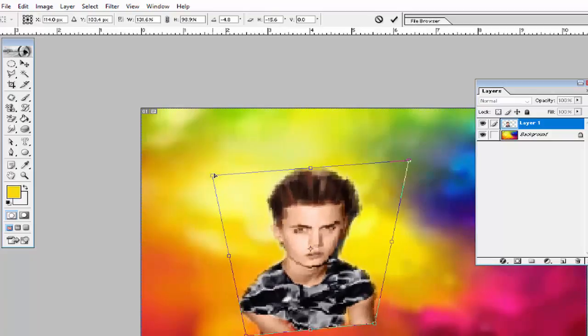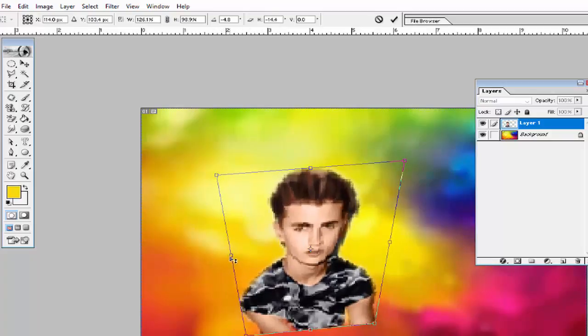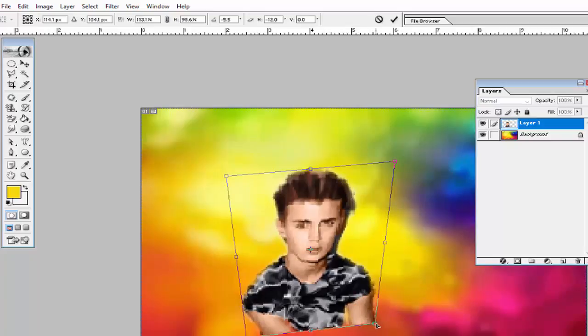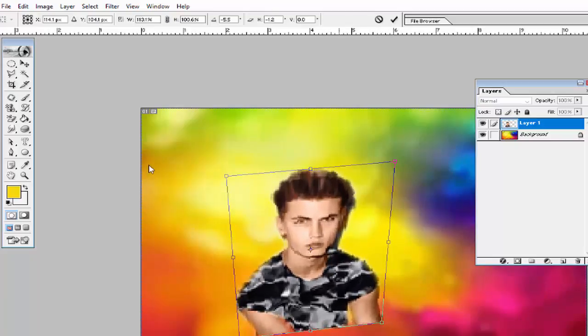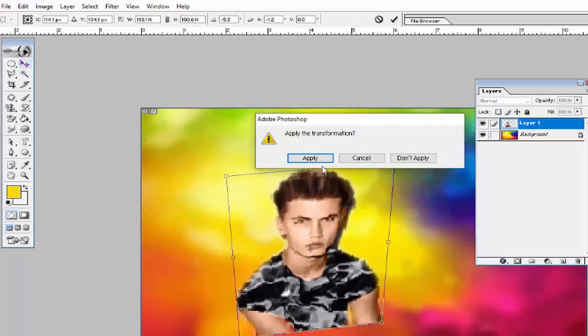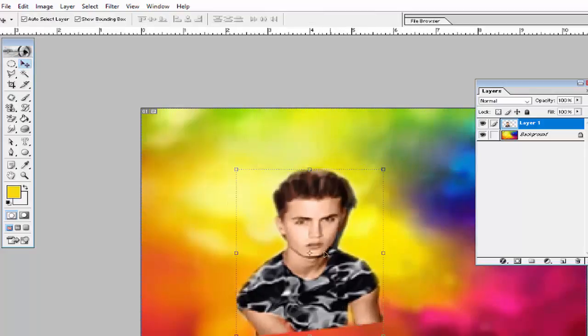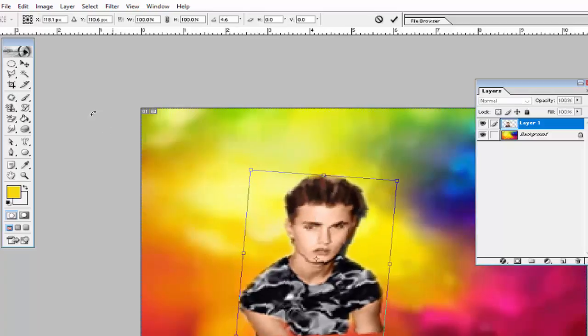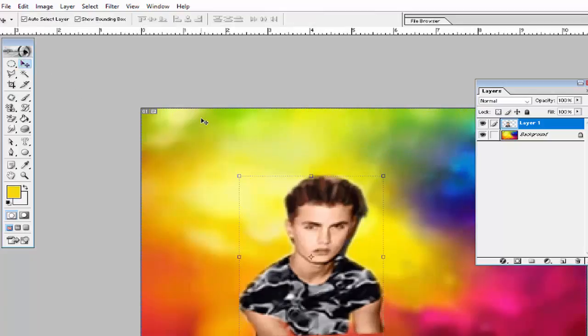Use this option. So I think you understand how I change the view with this perspective option. Apply, so the image changes like this, and rotate some part like this and put this image here.